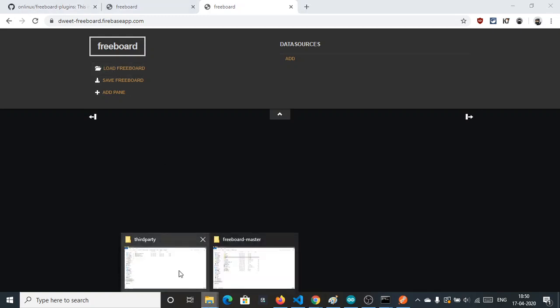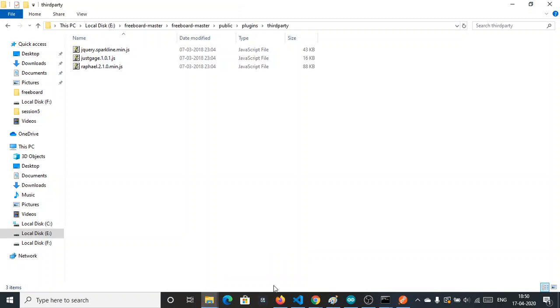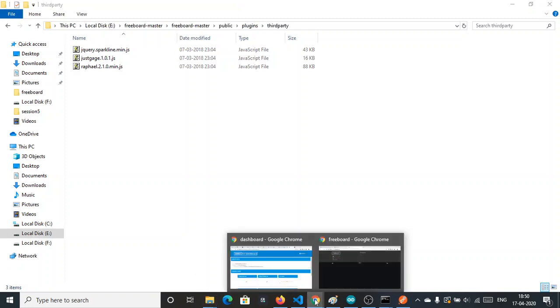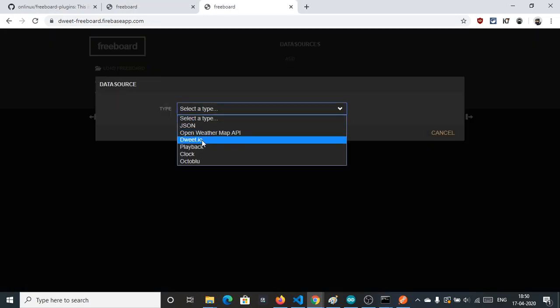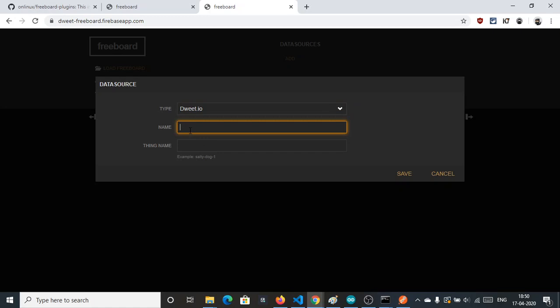I have already created a Freeboard dashboard. First you need to add a data source. Here we are using doit.io. Let's name it doit underscore API. The name can be anything, but the thing name should be specific.